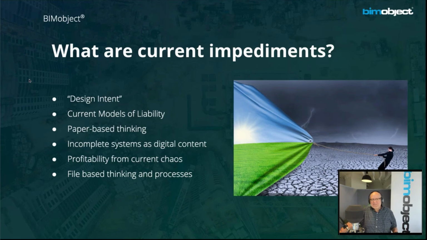Another challenge is incomplete systems as digital content. One of our challenges at BIMobject, and I really wish I could find hard data on this, but Steve's best estimation is that we only have about 20% of all building products even digitalized on any platform, and not just BIMobject. I'm talking about the global built environment. All manufacturers. While it may be available somewhere, maybe in their manufacturing operation, it's still not available to the built environment, meaning where it's assembled. And we still have a long way to go there.